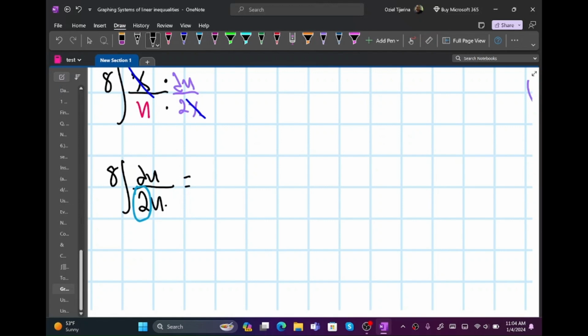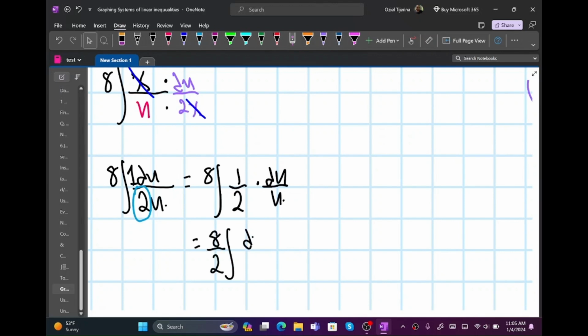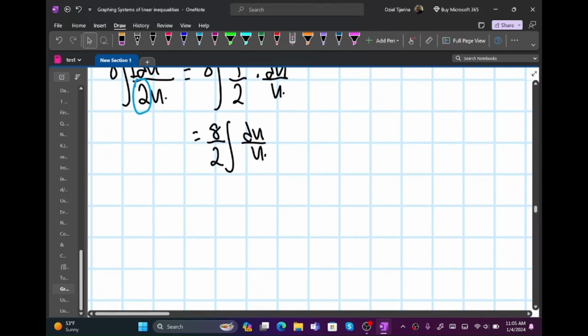So really this is 8 times the integral of 1/2 times du over u. So this gives us 8 over 2 integral of du over u. Here we know that 8 over 2 is 4, so we put 4 integral, and then du